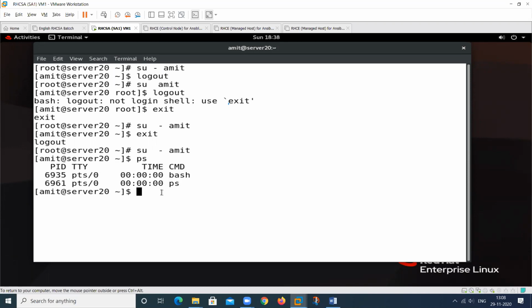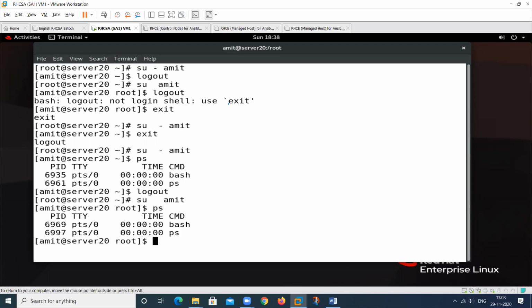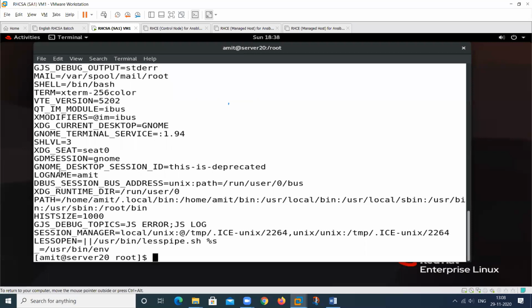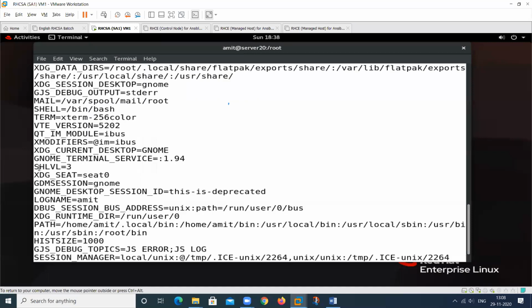But when we use this one, again, not use this one, then again type ps. It will also show me the bash program. It will find the bash. So what is the process ID of this particular bash? This one. But use this particular command, env, for the environmental variables. This will show me the difference.